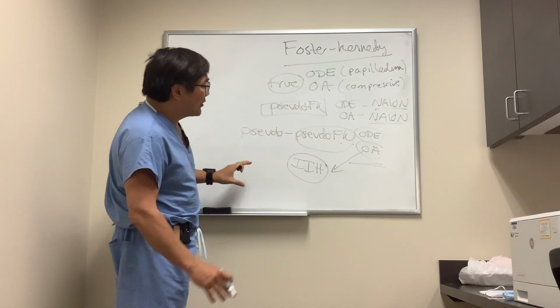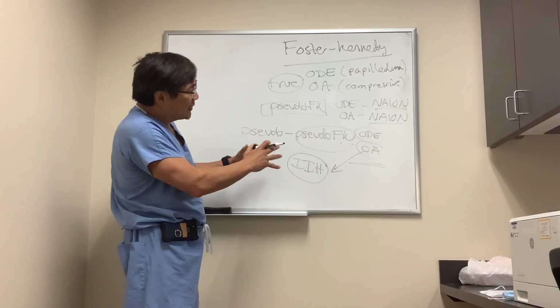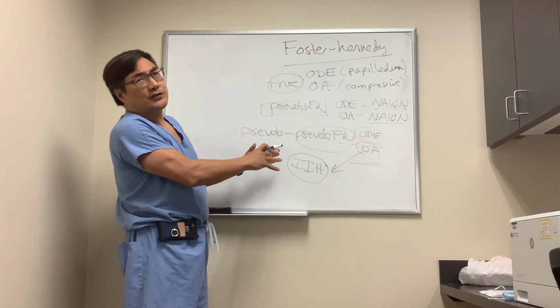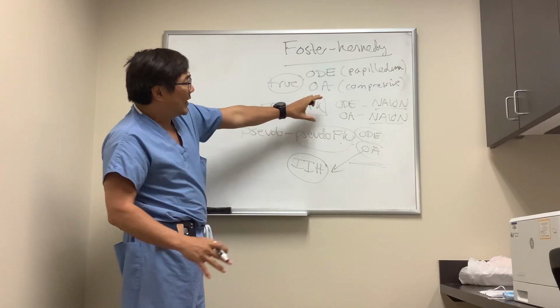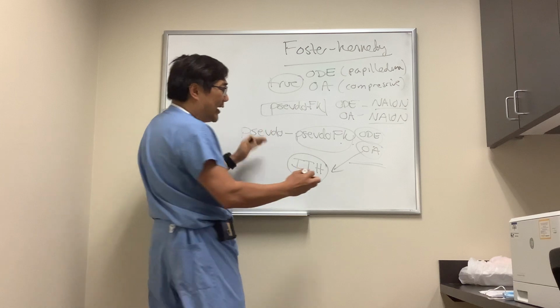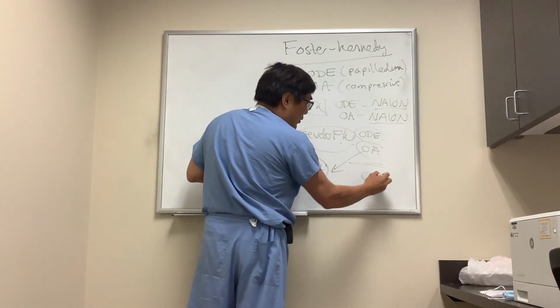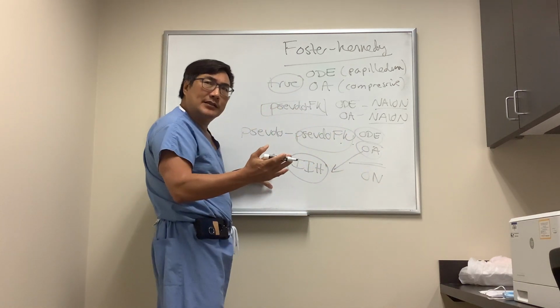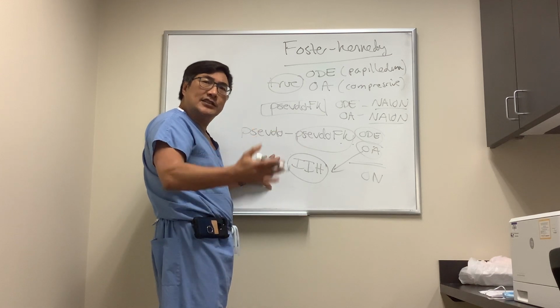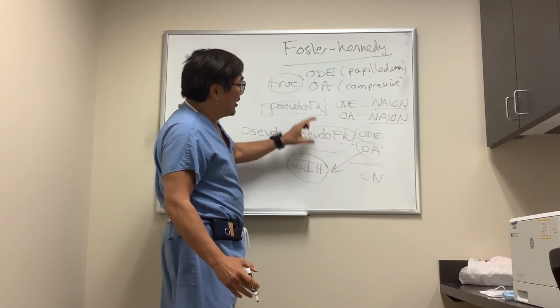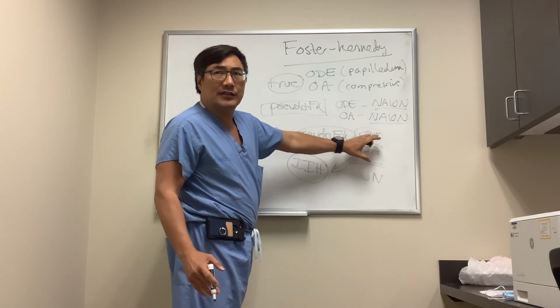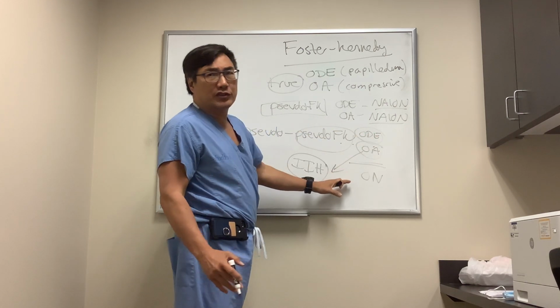There are also other cases where the patient has another cause for disc edema in one eye and optic atrophy in the fellow eye, which has nothing to do with NAION. So those are cases of optic neuritis or inflammatory optic neuropathies of various types, syphilis, infectious etiology, sarcoid. So it's a pseudo-Foster-Kennedy also if you have that constellation of disc edema and optic atrophy from bilateral sequential optic